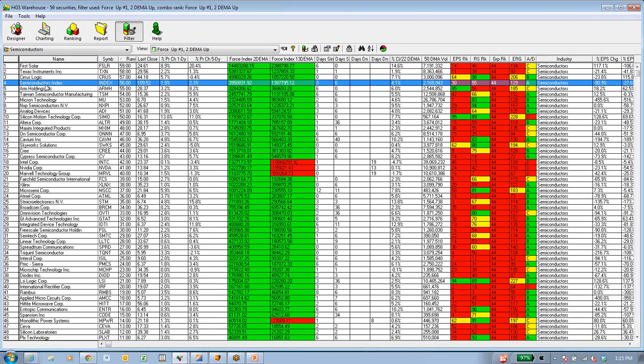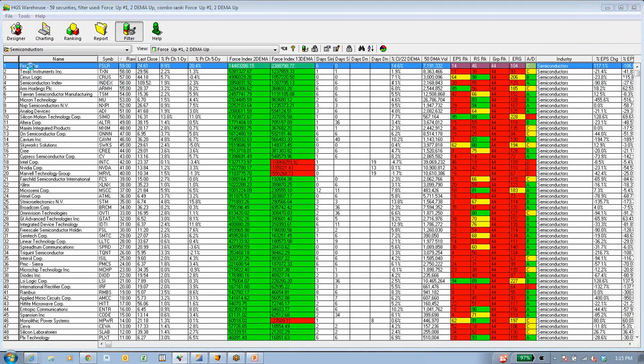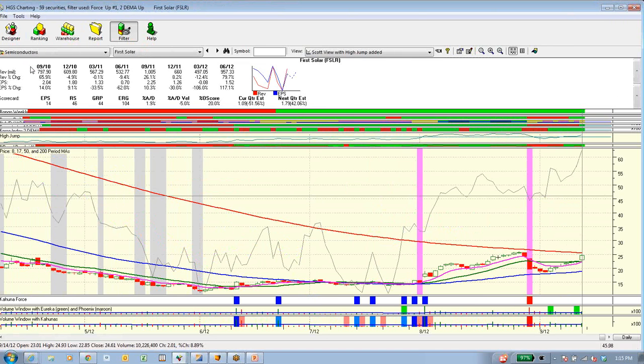Semiconductors. I was wrong, and I admit it. I'm not a fan of First Solar. It was the top of the list last week, and I was not very positive about it because of the solar business. It makes a lot of money. If it truly makes this number, looking at the last 4 quarters, this next quarter and the following quarter, and this number is very suspect for all stocks because it's too far out, and it starts to have earnings share growth, maybe this is going to be a stock that recovers.